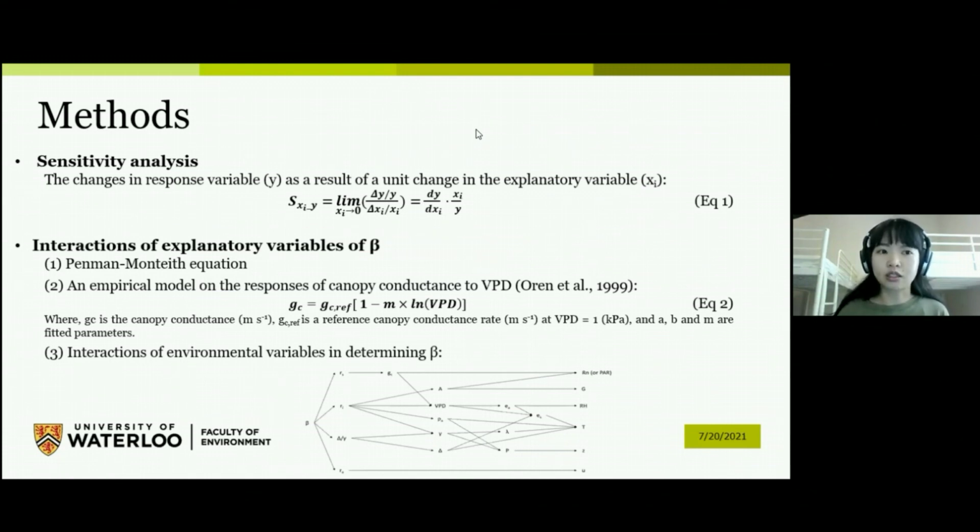So maybe our sensitivity analysis result is subject to this model structure, but since they are widely used and generally suitable for a variety of ecosystems, we can use them to understand how different environmental variables affect